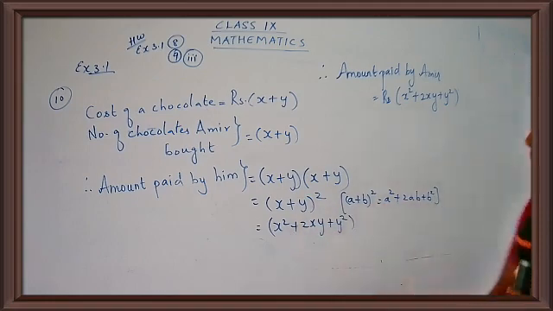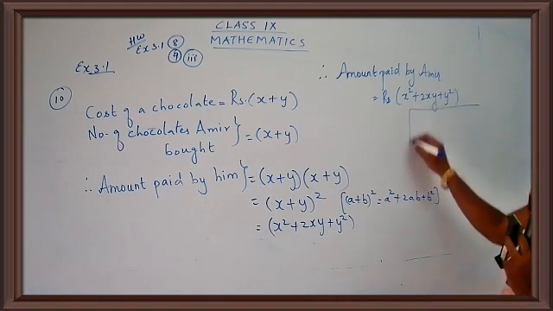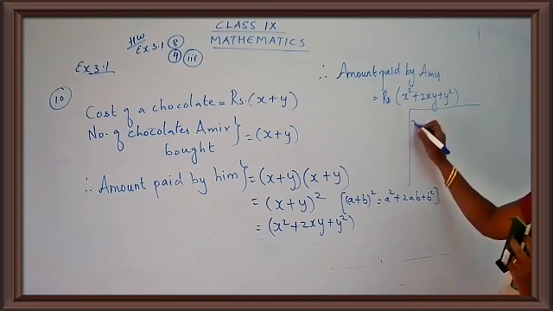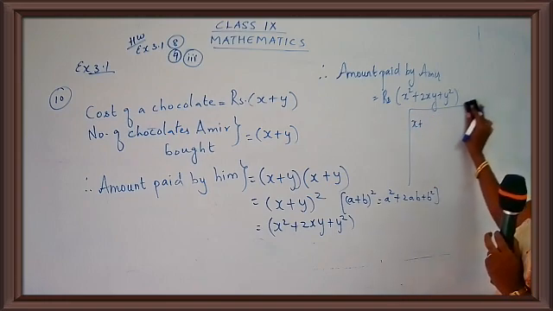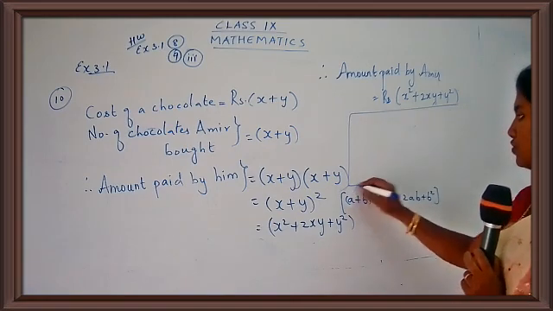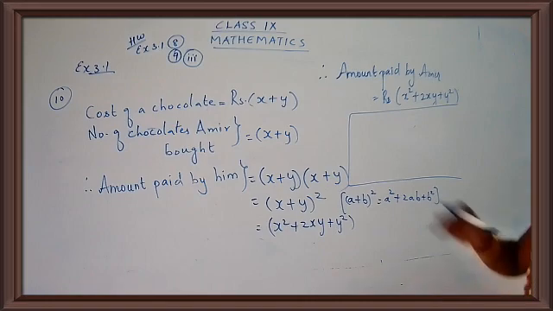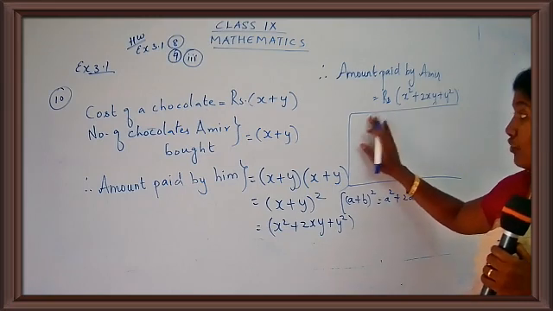I just want to give you one more method for this. You can just take down the next method in a box. I'll be writing down the method here. If it is x plus y, I just use a bracket because you should know the alternative solution also. You should know one more method because here we have many ways to solve. Many ways means we have two ways to solve here. So I'll just teach you one more way to solve. This is just with a pencil. You are going to write this down with a pencil.